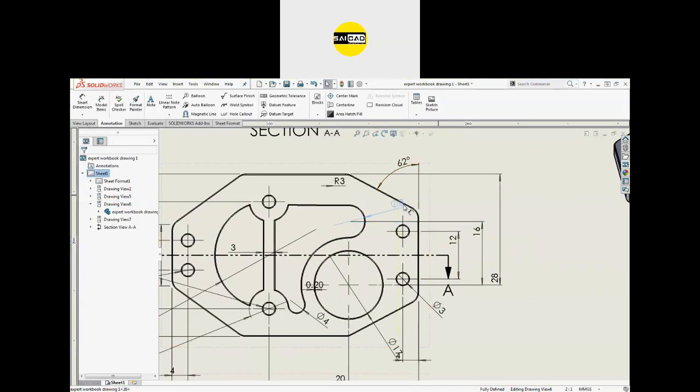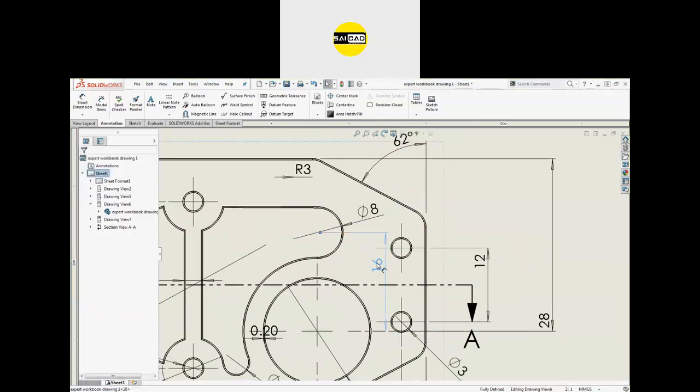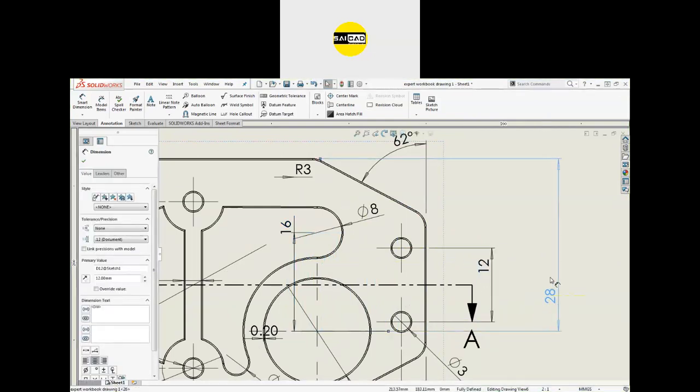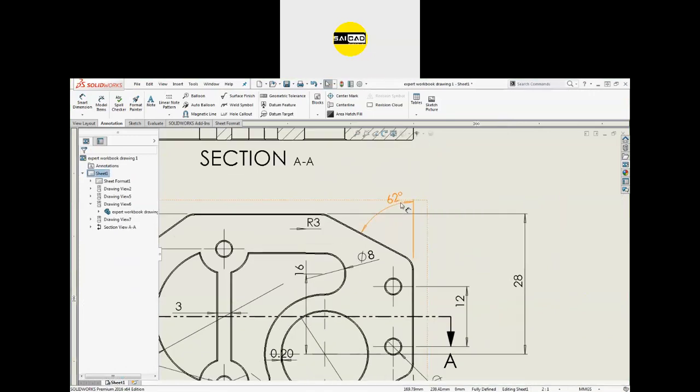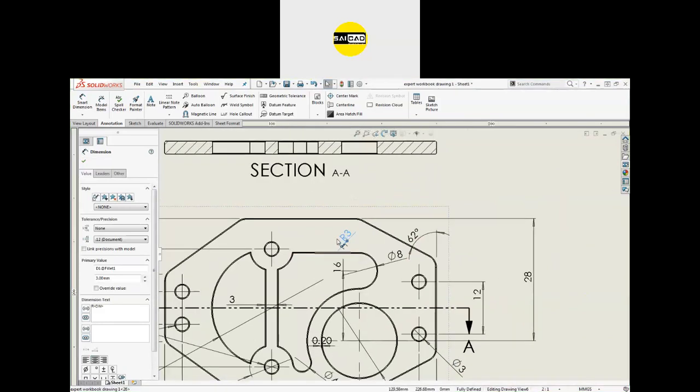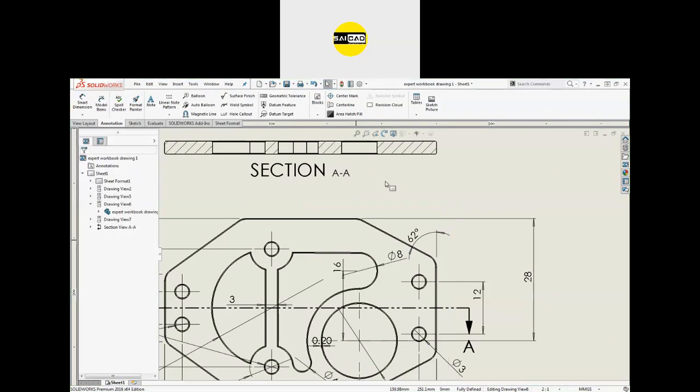So you can see that we have a radius 8 here, dia 8 here, you can move that here. You can see we have the value for the center of the circle, we have the value for these two centers, we have the value for this height. So define everything properly like that. You can see the R3 is not required, we are not able to show the R3 from here, so you can just delete that.